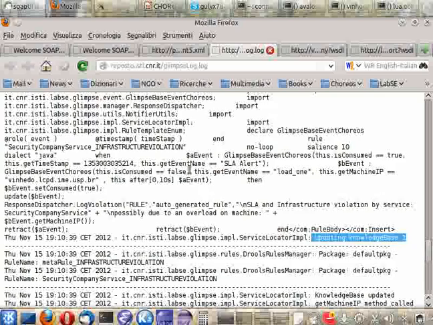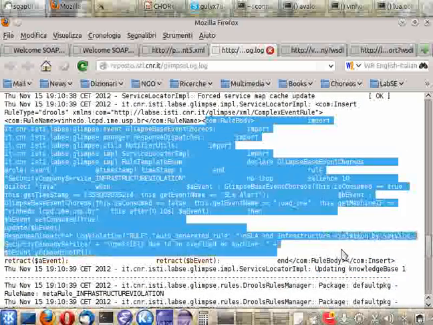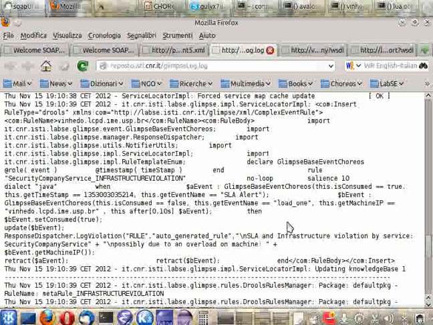The CEP is looking for an event that is an SLA alert, but also for an event, B event, as you can see here, that came from Viñedo, the machine where the security service is supposed to be currently deployed.